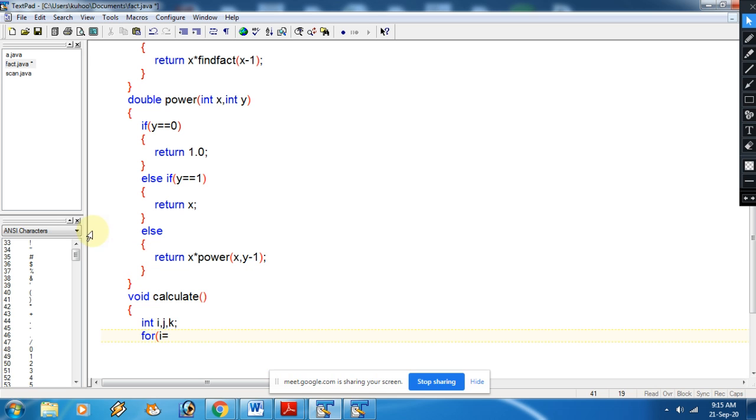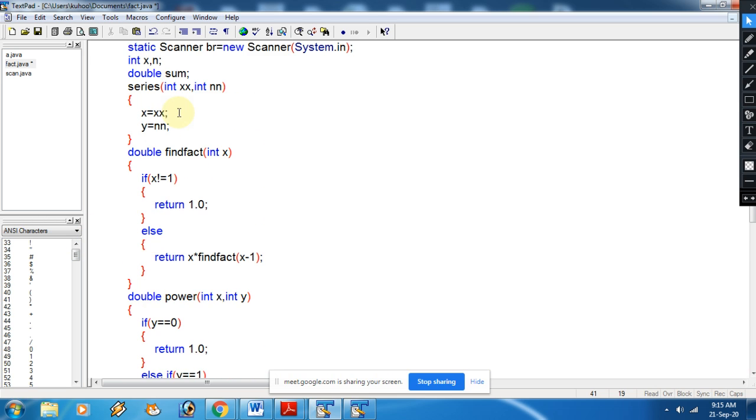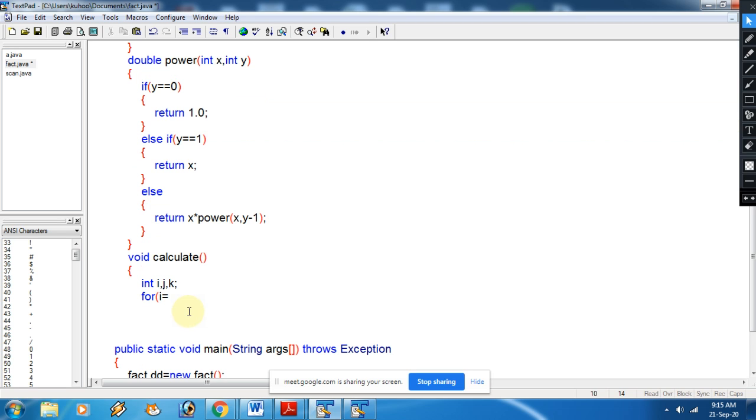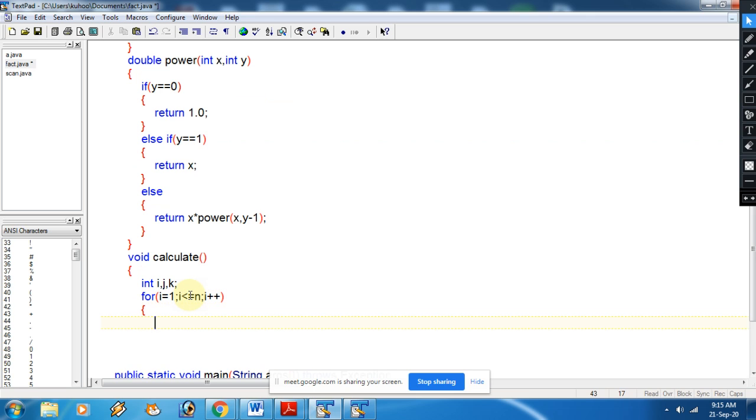See, in this program we have not entered the number of terms, so one more parameter is required. Sorry, the parameter is already there, in n. So instead of y, we are supposed to use n, right? So directly that number of terms you can use here. That we will take as input in the main function.